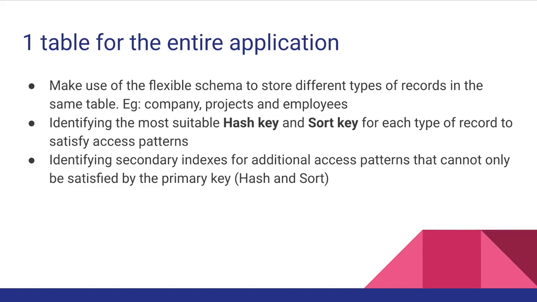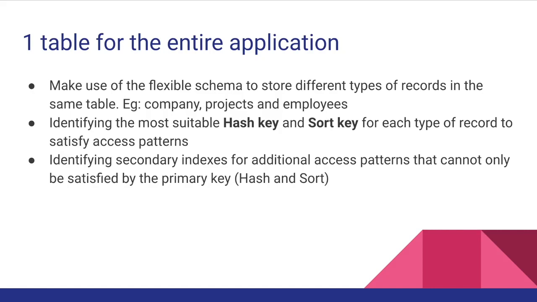So how do you ensure that the data can be efficiently retrieved? That is done by identifying the most suitable primary key, which consists of hash and range keys. Now, if the primary key is insufficient to satisfy all these access patterns, then you should consider using secondary indexes. So I think you'll agree with me if I say there are a lot of things to consider before data modeling with DynamoDB. Because of that, I will show you 5 steps that will help you in modeling data with